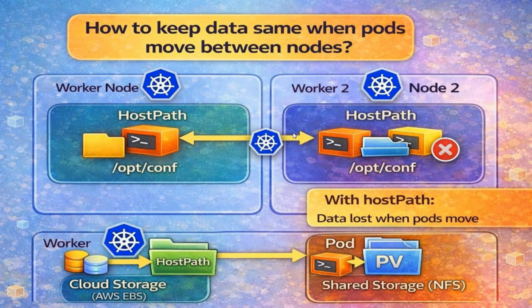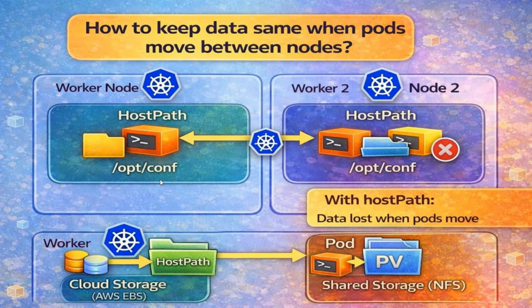But then you open your application and suddenly your data is missing. Now you start wondering, where did my data go? Okay. So the real problem here is why the data disappears. In the previous video, we used volumes like emptyDir and hostPath. With hostPath, we mount a folder from the worker node, like